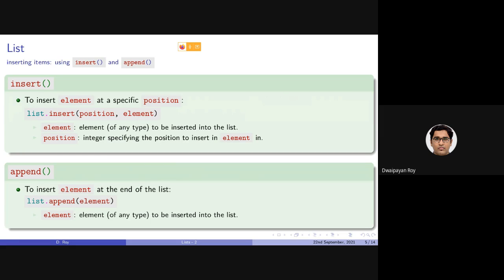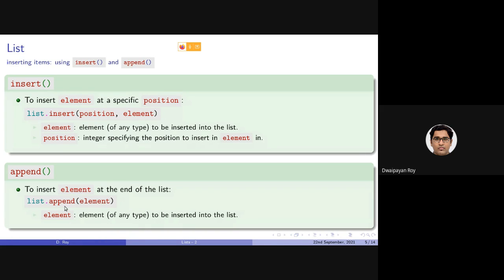To insert items in a list, we have discussed two functions: the insert function and the append function. The insert function takes two parameters: the position at which you want to insert the item and the element that you want to insert. If you want to append an item at the end of an existing list, we can use the append function.